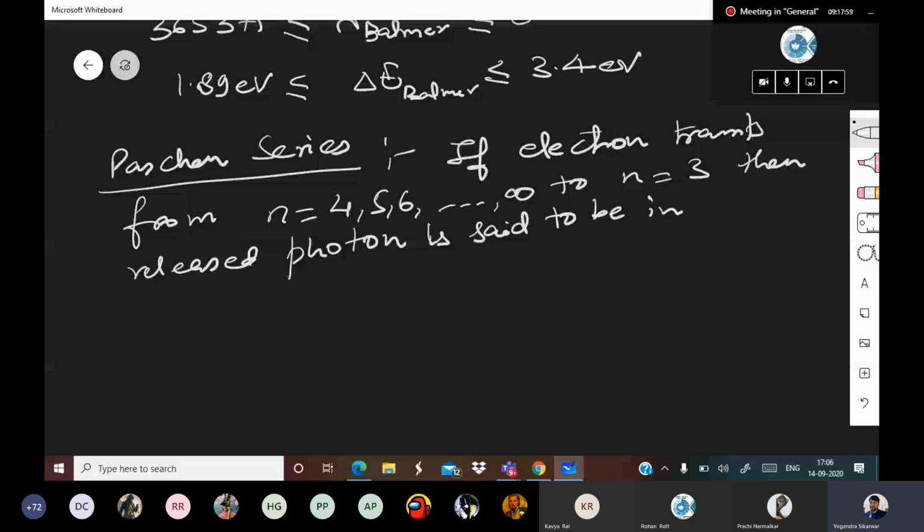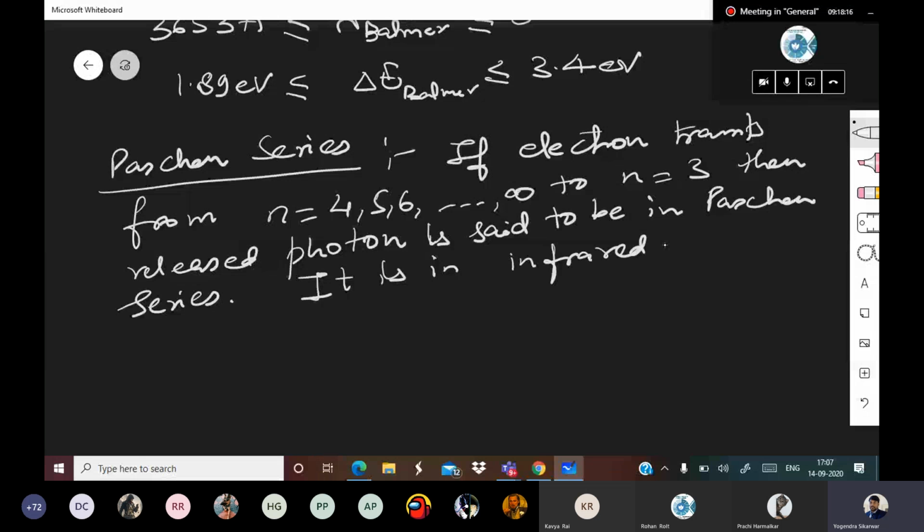Paschen series is in infrared region. Okay, so Paschen series is in infrared region. All right. So for n is equal to 4 to 3 transition,